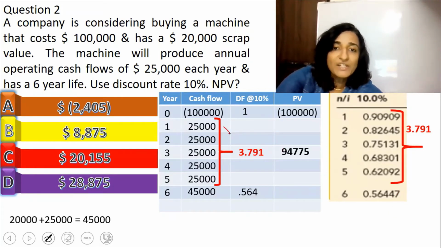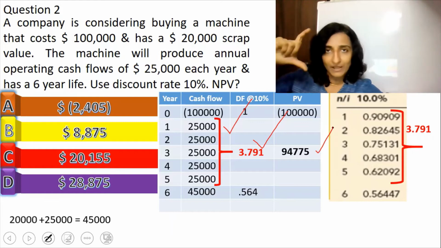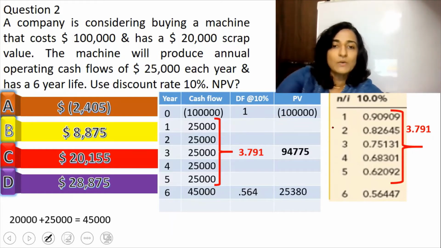We should multiply 25,000, that's a single 25,000, into 3.791 because that's the total. So you get the total as 94,775. That's the present value from year 1 to 5 as a total figure. And in year 6, you have 45,000 into 0.564, you get